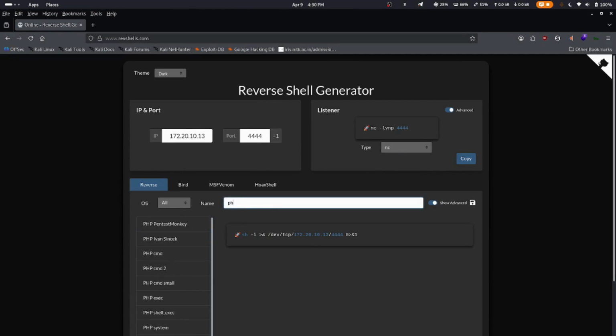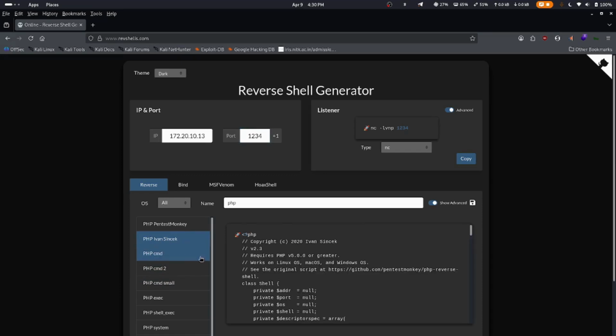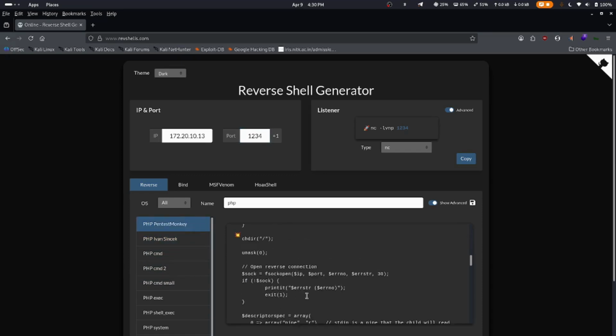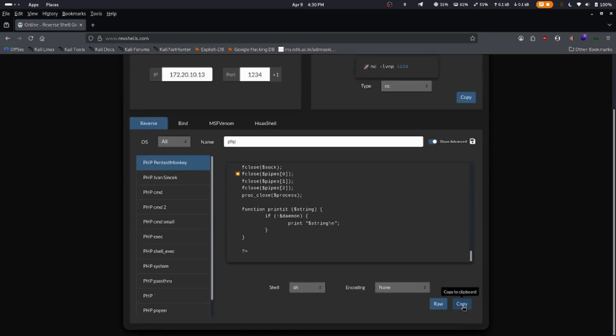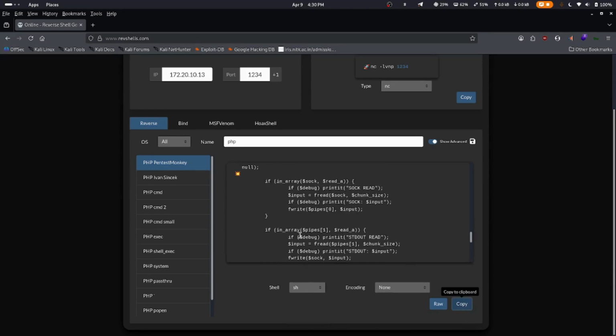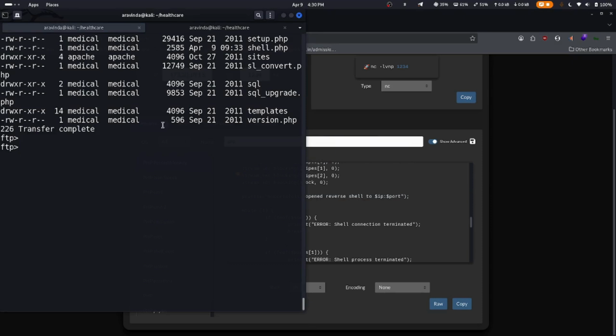Let me choose the payload reverse shell type as PHP, and change the port to 1234, and we'll take this Ivan Sincek or Pentestmonkey. We can copy this Pentestmonkey PHP reverse shell,